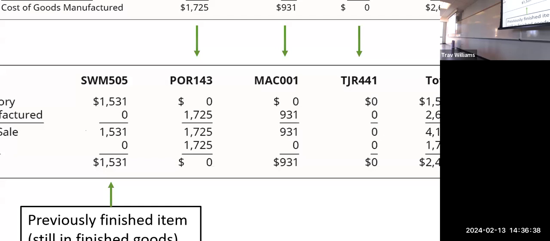Okay? So you can imagine in a company that's making multiple products at the same time, and it's using job order costing, the accountants are having to keep track of all these different costs for every single product at every phase of inventory. It gets a little complicated, right? And it makes sense if you take the time to look closely at the numbers, but it can seem a little overwhelming at times. All right, what questions are out there?